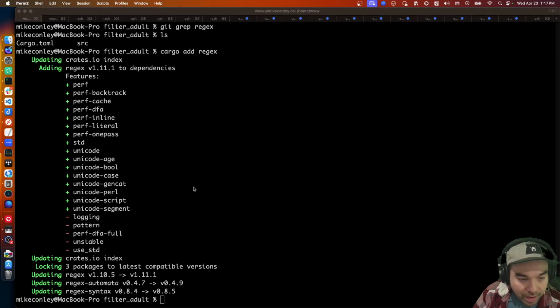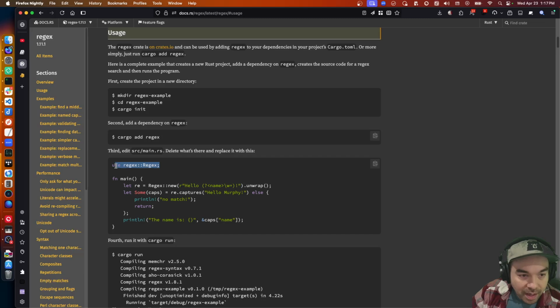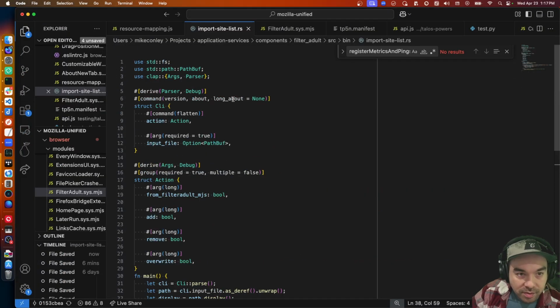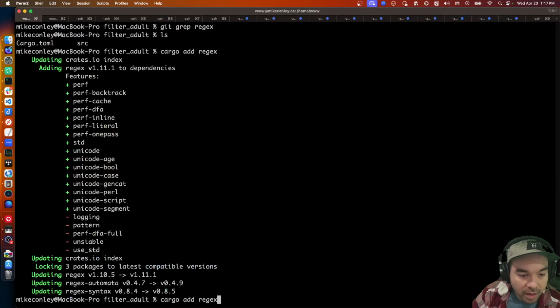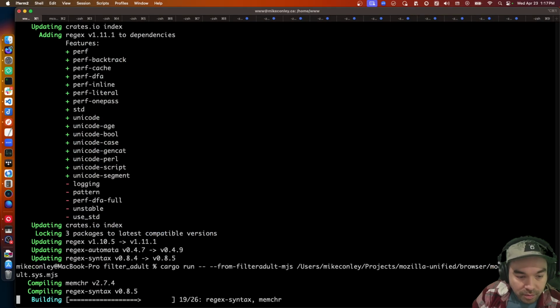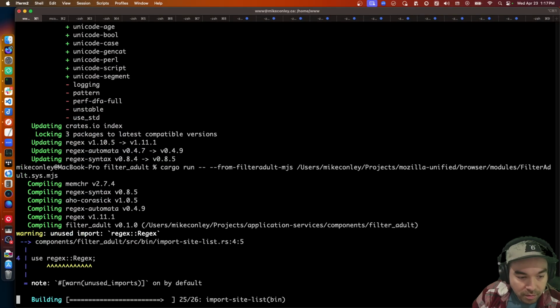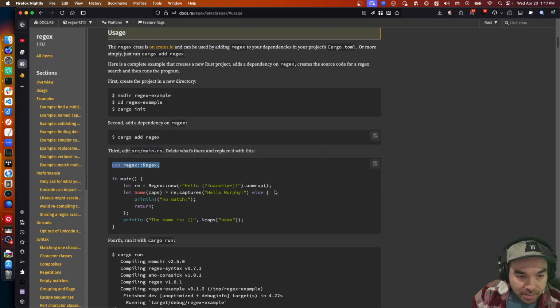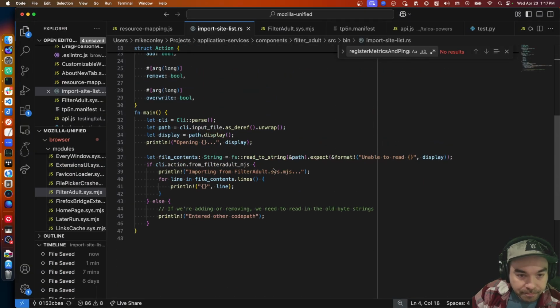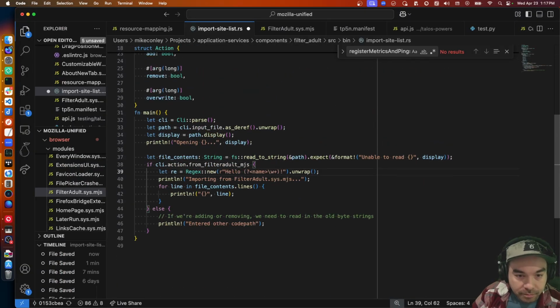So now we have regex. And now we can say use regex. And will it still build? Yep. Okay, now we need to match on something. Okay, so this is how you define a regular expression. Okay, new, and then